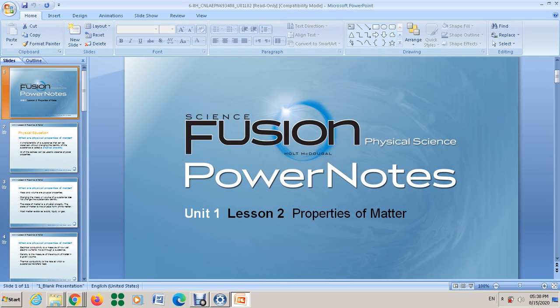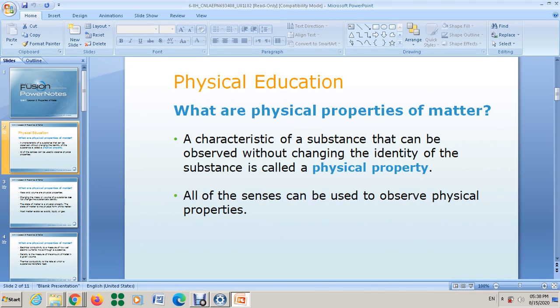So what are the physical properties of matter? A physical property is a characteristic of a substance that can be observed without changing the identity of the substance. For example, if you have a table in front of you, you can observe, for example,